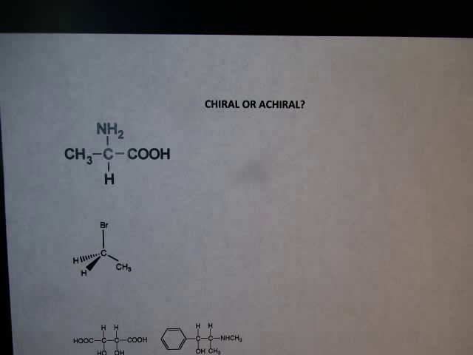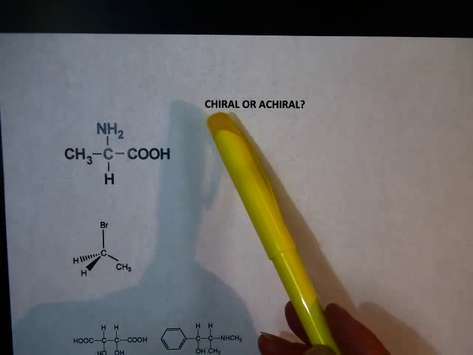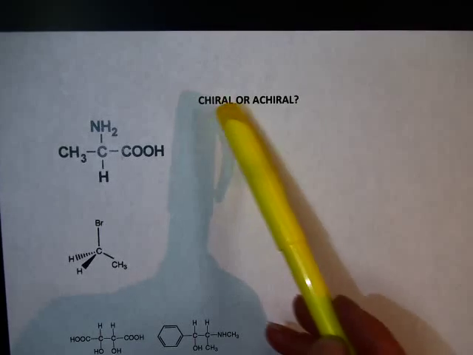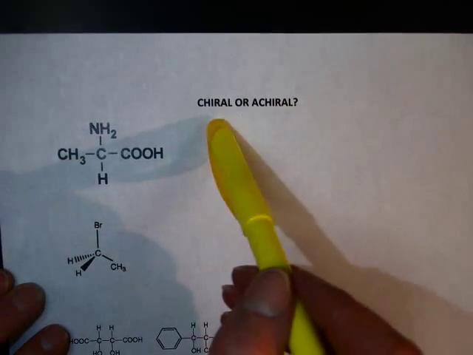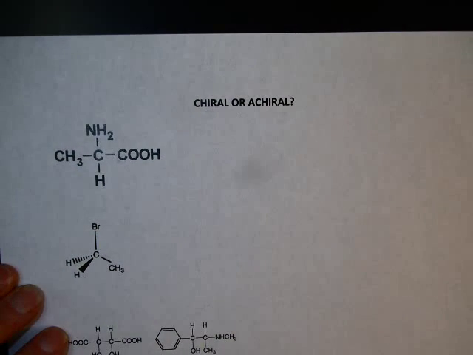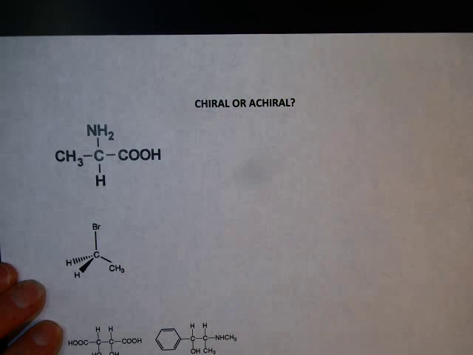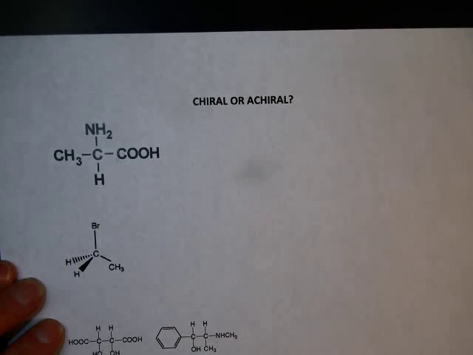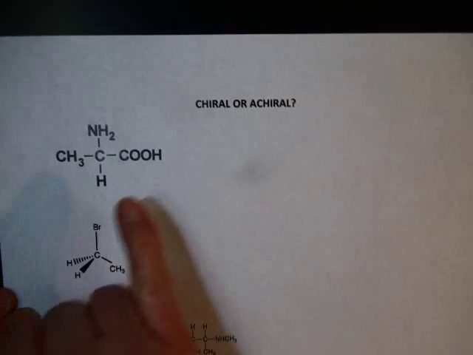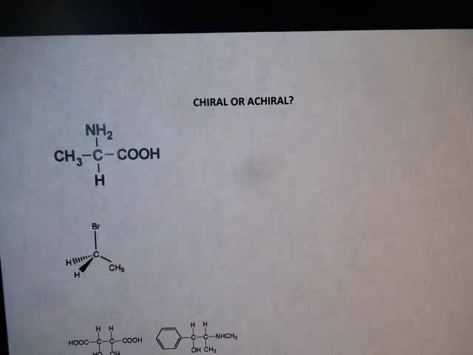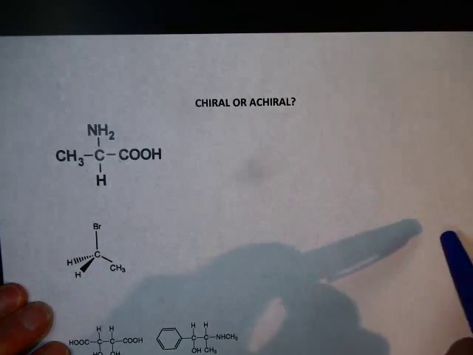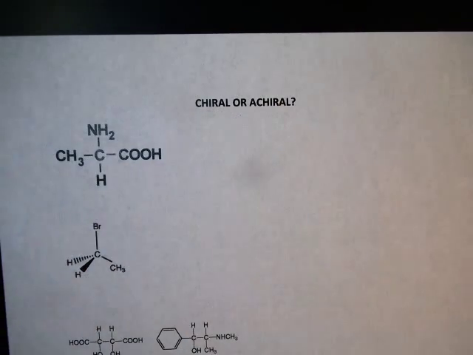Okay, let's take a look. We're asking the question, how do you know if a compound is chiral or achiral? Make sure that you've looked at the video that explains why we care about this. We're wanting to know about enantiomers, the type of isomer called enantiomer, and we can explain that in terms of chiral or achiral. So this video will just give us practice on identifying if a molecule is chiral or achiral.